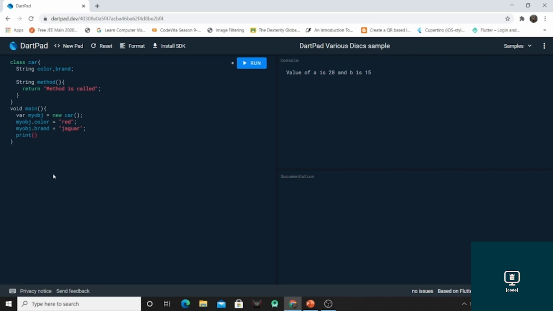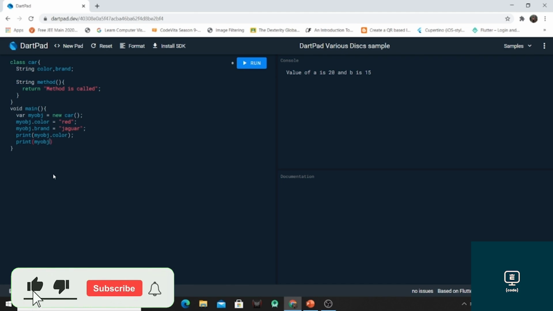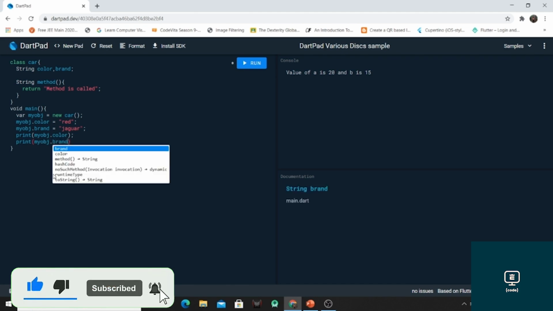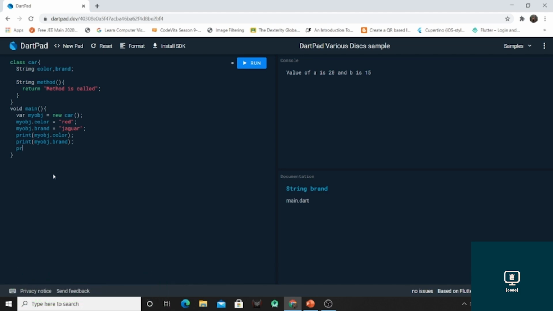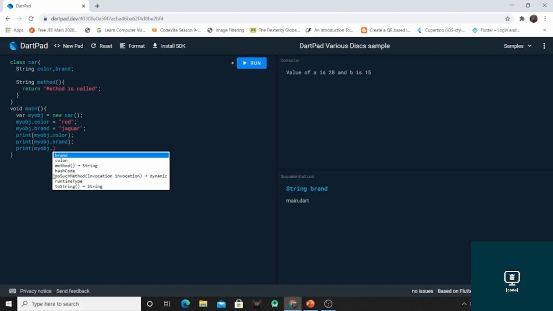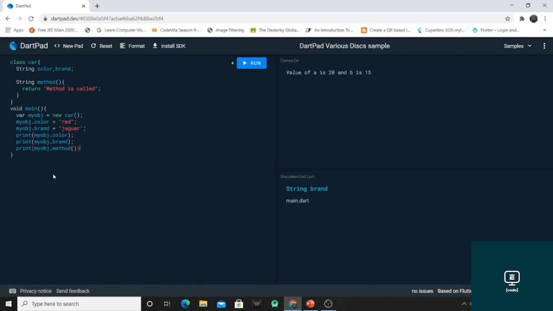Now we can print the values of these variables. And we can also call the functions or methods of the class car, and this will print the values of the variables as well as the methods.